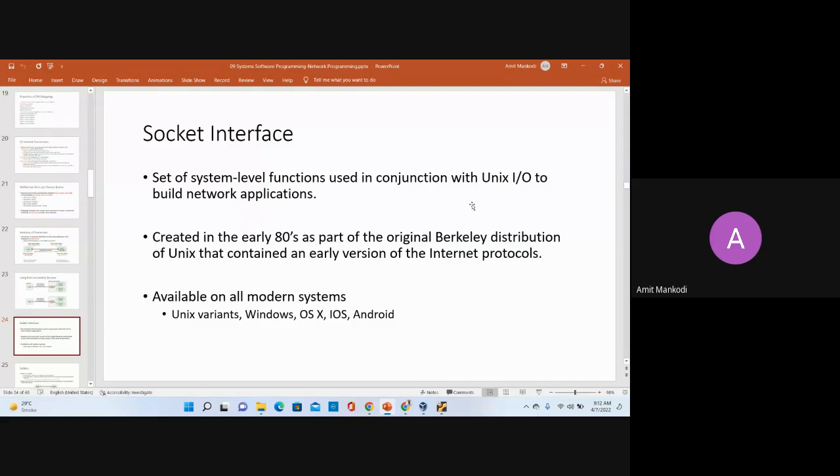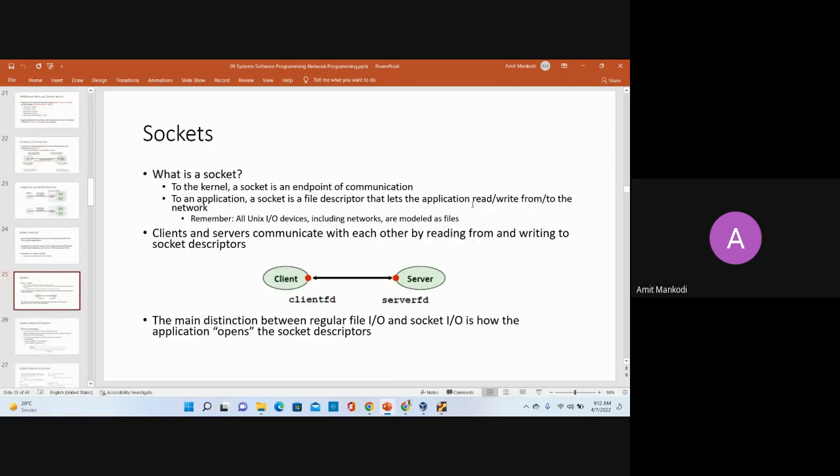The socket interface has been used since the 80s. It was first developed in the BSD distribution, the Berkeley software distribution for the Unix variant, in the 80s, and currently it is supported in many operating systems. Okay, now we said we want to use socket and socket address, but